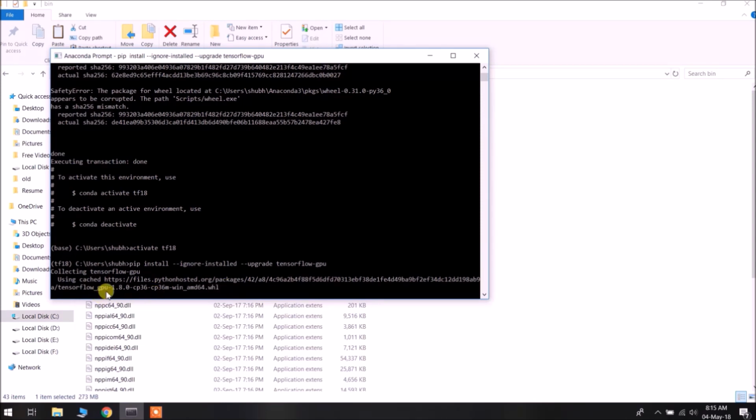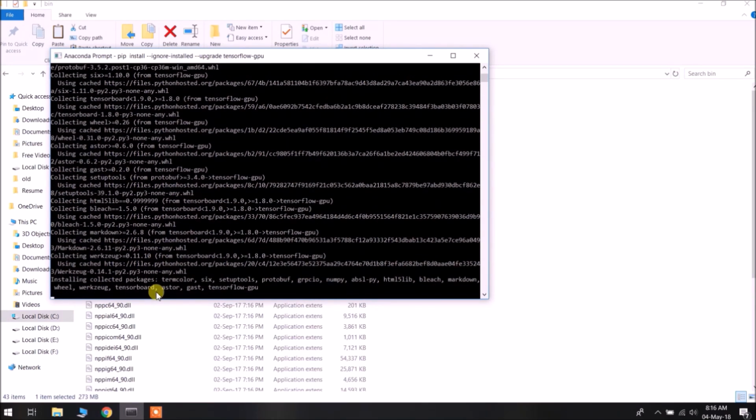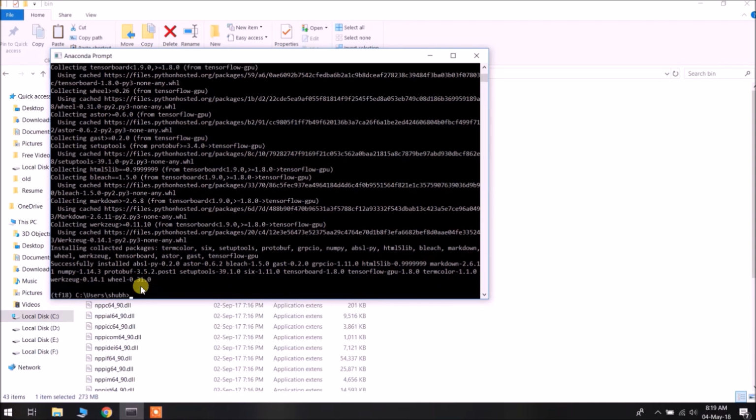This is TensorFlow GPU 1.8. So now the TensorFlow GPU has been installed successfully.